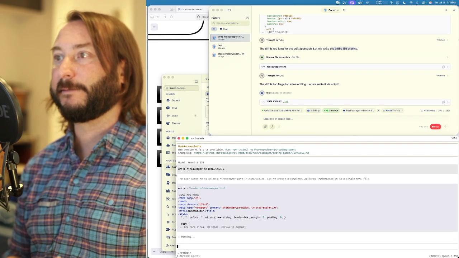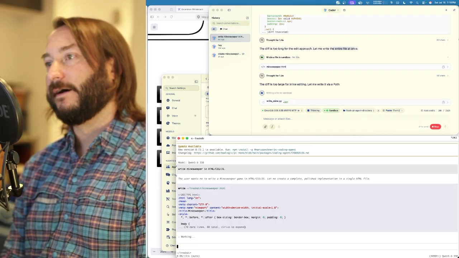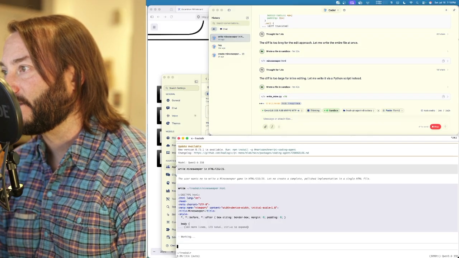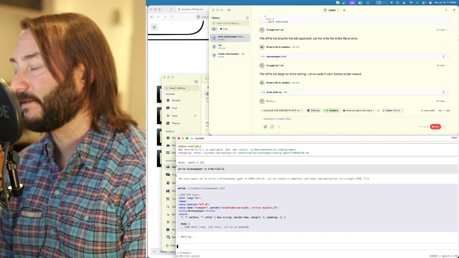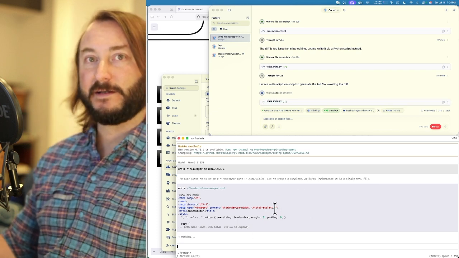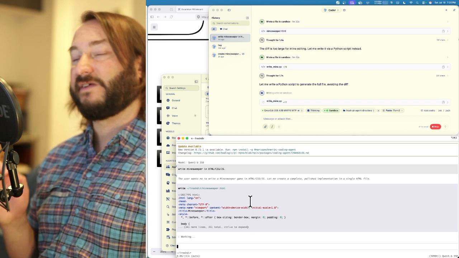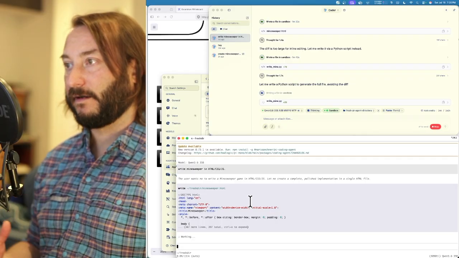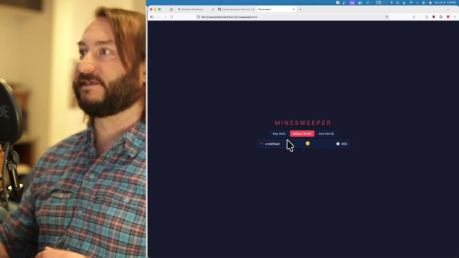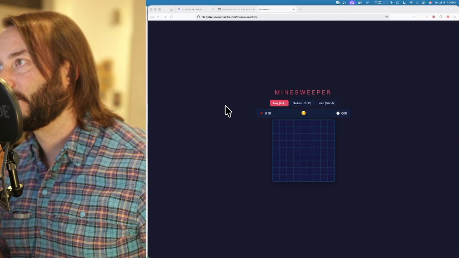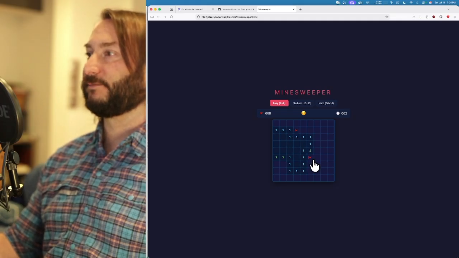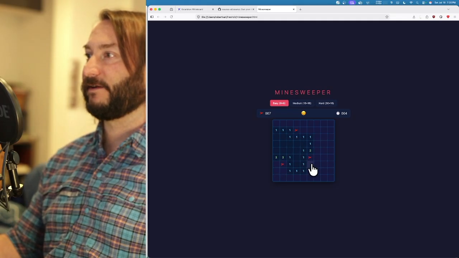And again, it's an empty directory. The user wants me to write a Minesweeper game in HTML, CSS, JavaScript. Let me create a complete polished implementation. So on the bottom right here, this is running the same model, but again, on an NVIDIA graphics card. And then up here, okay, see, it's already done. Sick. Oh no, it does work. All right, so we can place, and let's make sure that if we click on a mine,